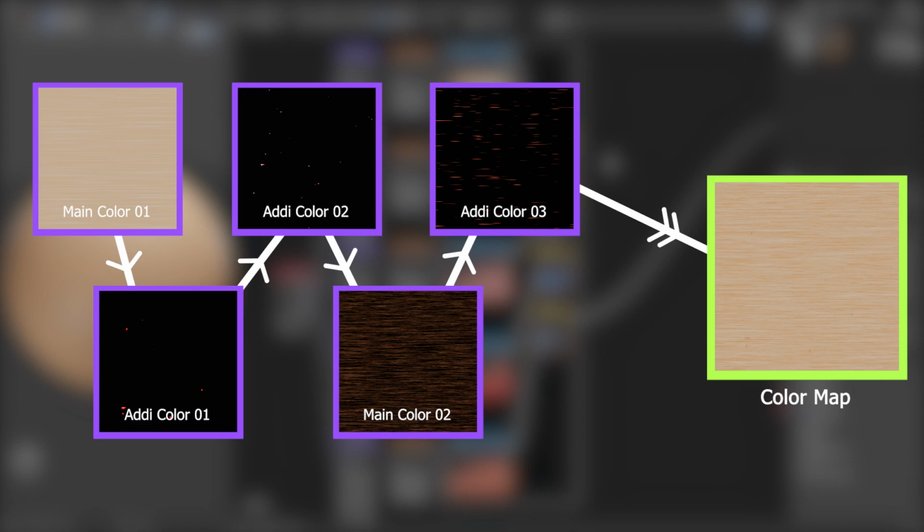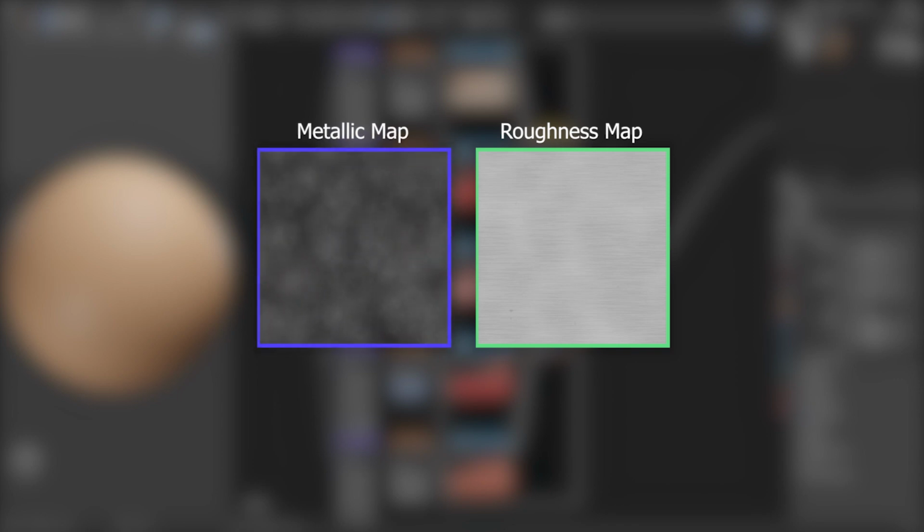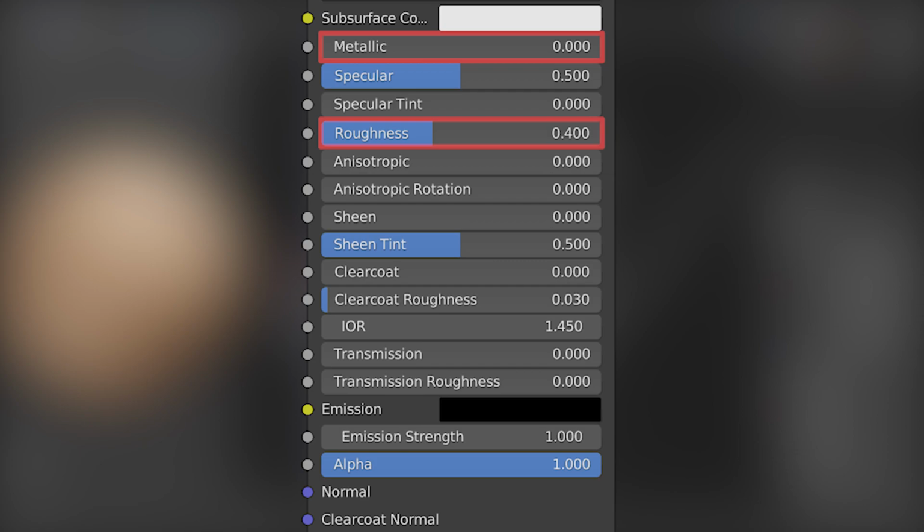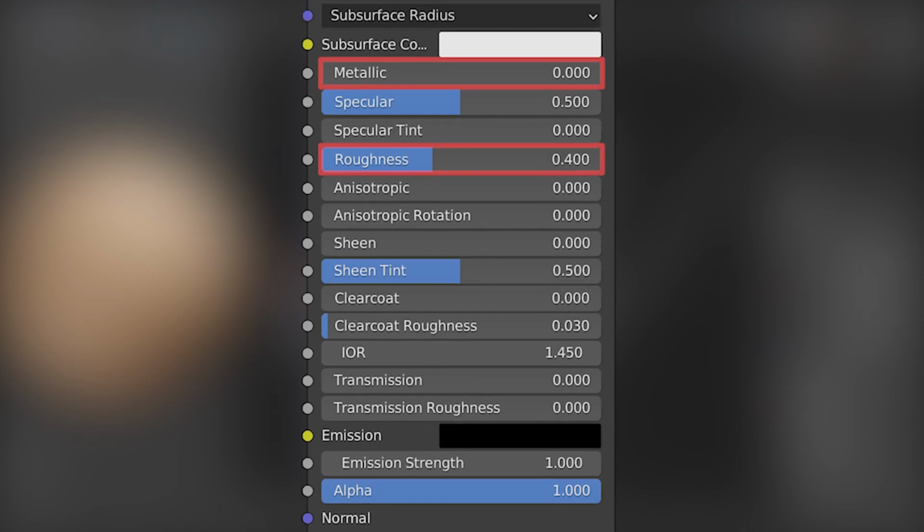But there is one more thing we need to know when creating procedural textures for roughness and metallic maps. This roughness and metallic details work according to the black and white color details. You know that the principled shader has a 0 to 1 value frame for controlling these roughness and metallic details. But you may think that it does not show black or white color value to control this value here. That's correct, but there is a connection between these values. So, now let's see the relationship between these 0 and 1 values and these black and white colors.